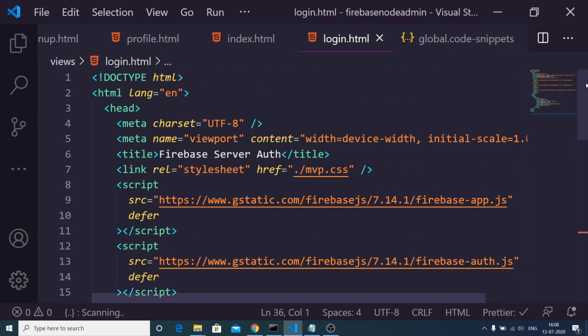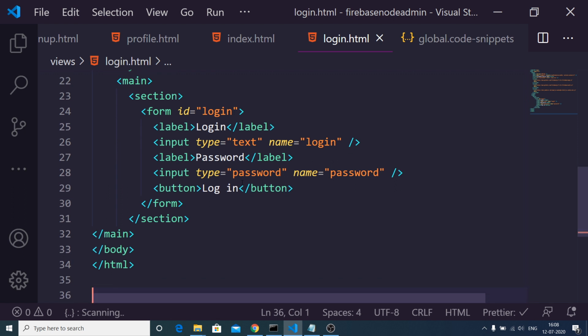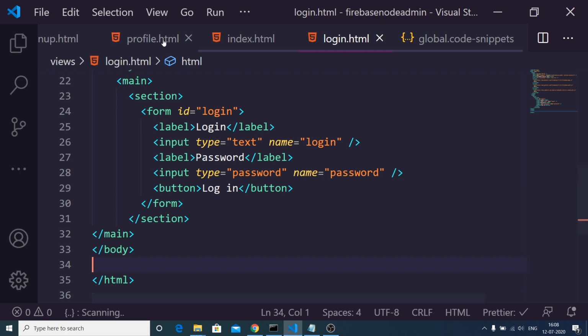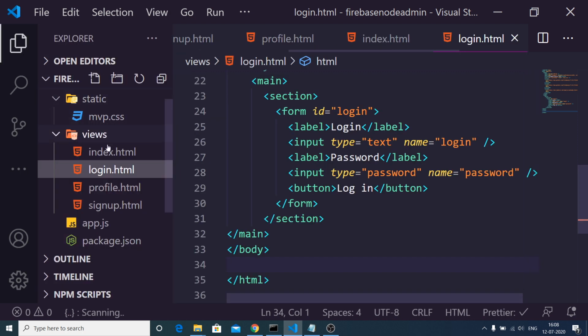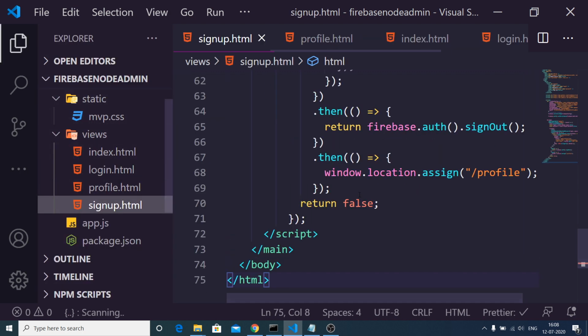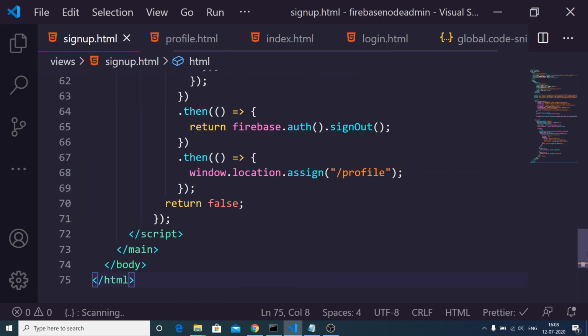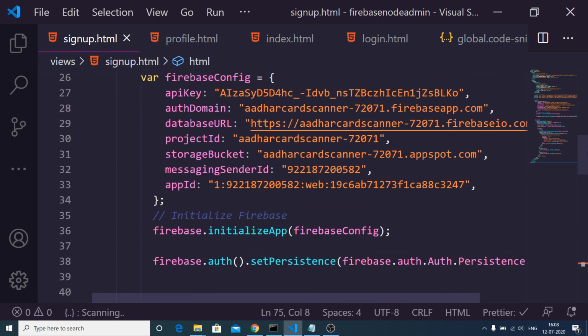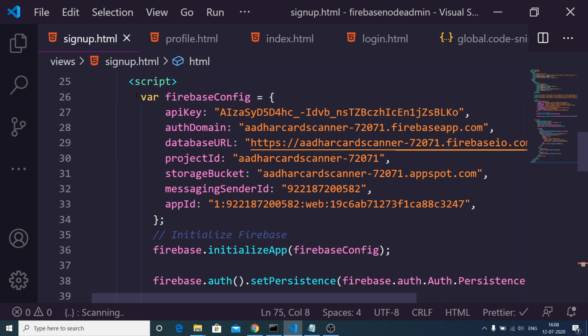You can see all the dependencies are included. This is a simple form, and inside, after the body, we will copy paste the same code which is there inside sign up as well. So we need to copy paste the Firebase authentication code here.